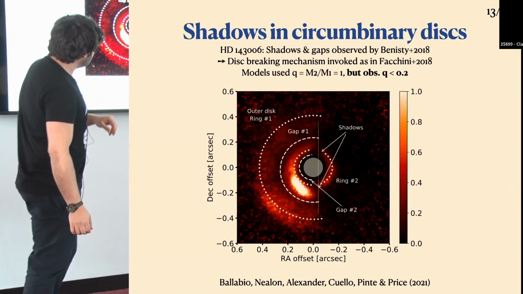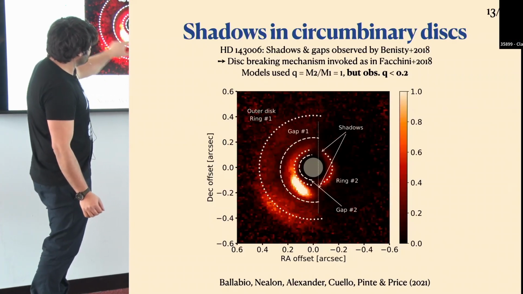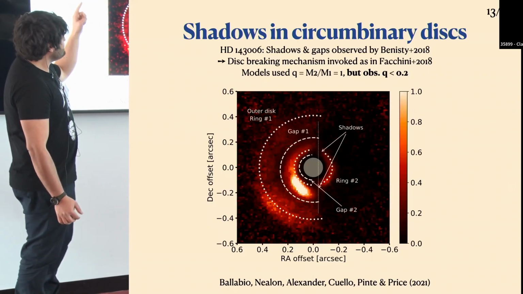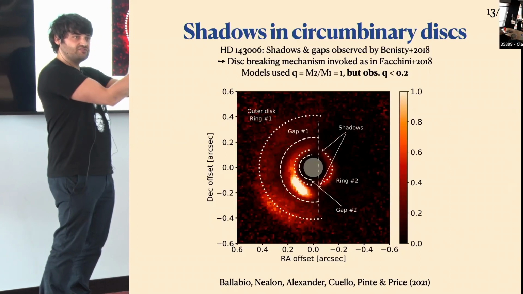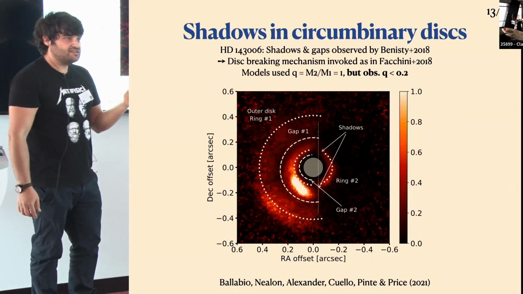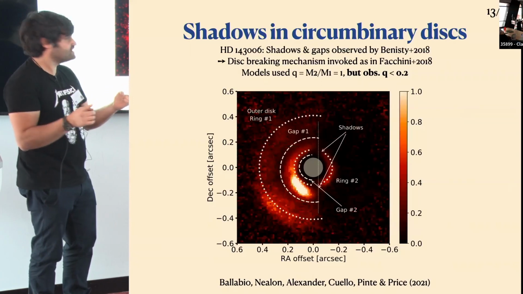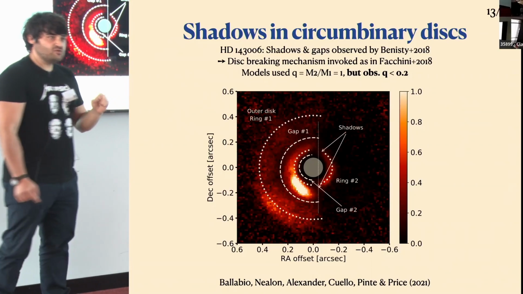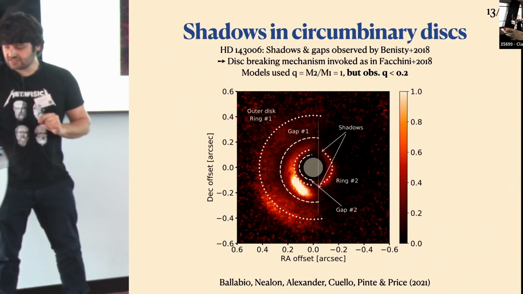And you see this very enigmatic image here, where there is a big shadow on this side. There is this overdensity here. And what the observers proposed initially is that there is a disk breaking mechanism happening in the very inner parts, which breaks the inner part of the circumbinary disk, which then casts a shadow. The problem with that is that in order to make that work, you need an equal mass binary. That's what the theory says. But observationally, they know that the mass ratio needs to be below 0.2, which means a light stellar companion. So that's the idea that Giulia explored.